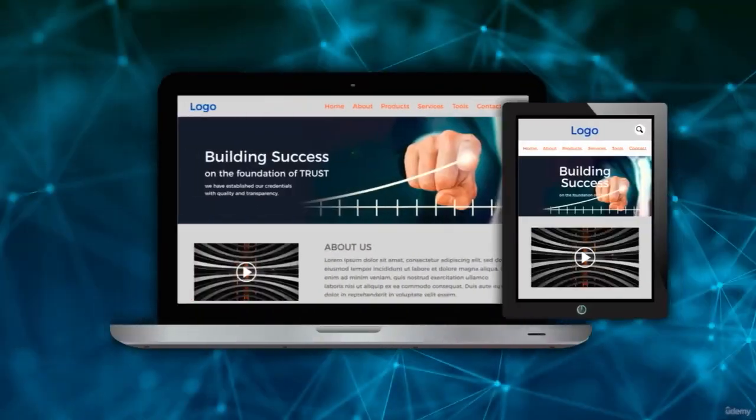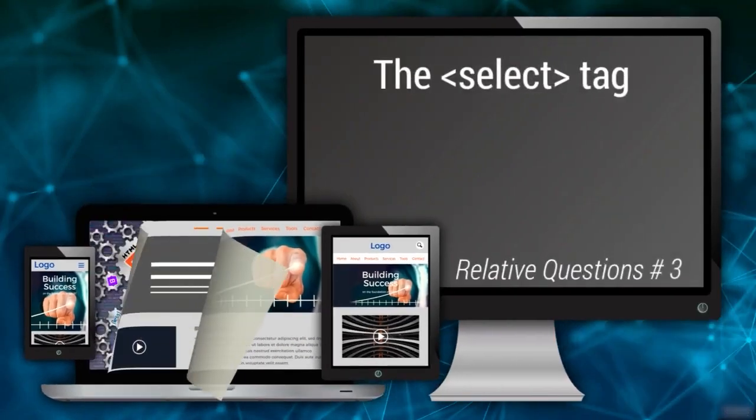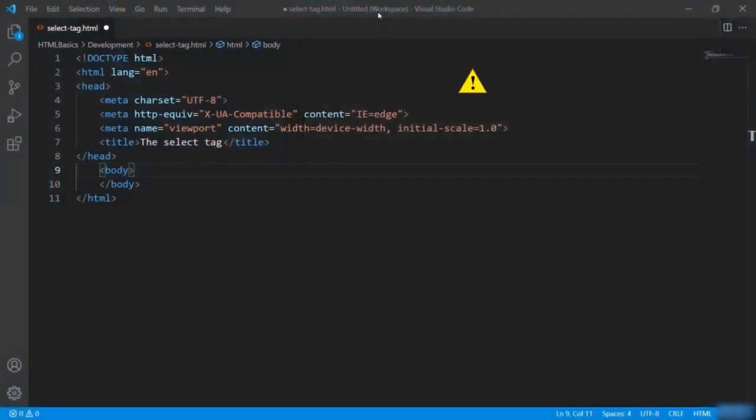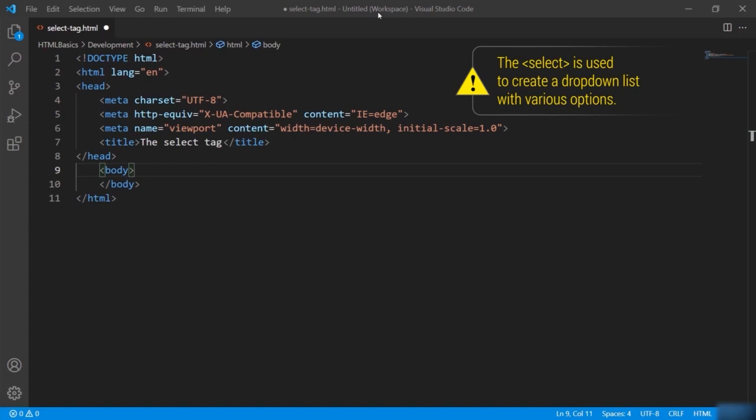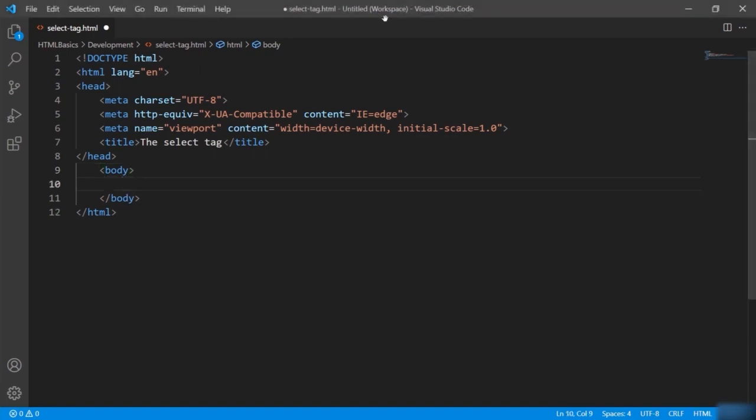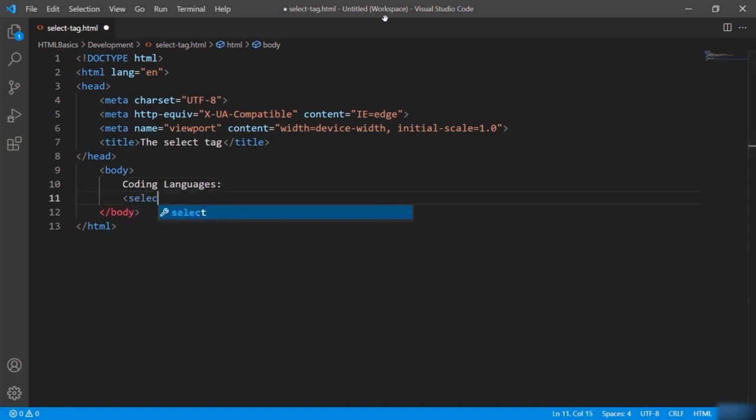In this lecture, I am discussing the HTML select tag. The select tag is used to create a drop-down list with various options inside the HTML document. Let's see an example and discuss the syntax. Let's say I want to create a drop-down list for coding languages. So I will define the text first, suggesting what this drop-down is about. And then I will define the select tag, and between these two tags the list options are given by using the